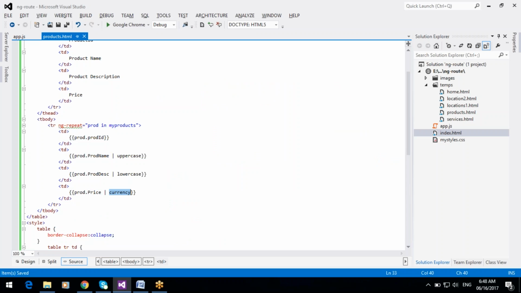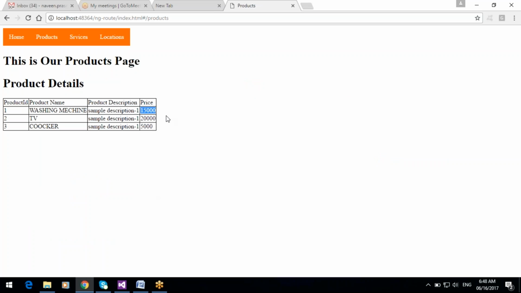If we use this filter, it will take the dollar symbol for the amount and convert it to amount format. Before, it was displaying only 15000 without commas and symbols. Only the number was displaying, but now it is converted to an amount.